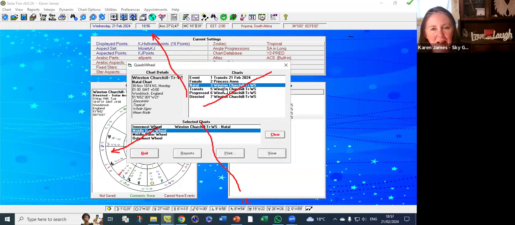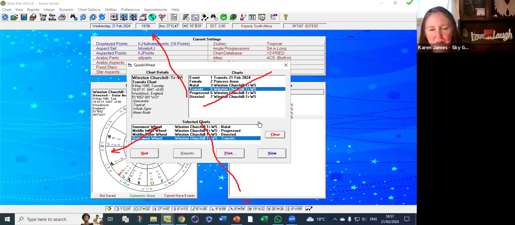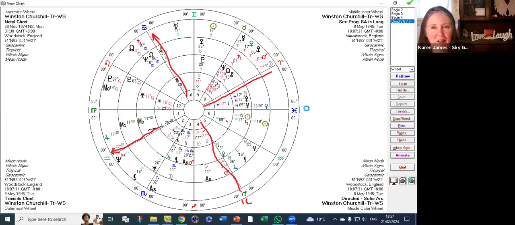And I think probably a good idea to print the wheel out. I mean, I would do that. Okay, so now we're going to just do the exact same thing with the secondary progressed moon, but slightly different